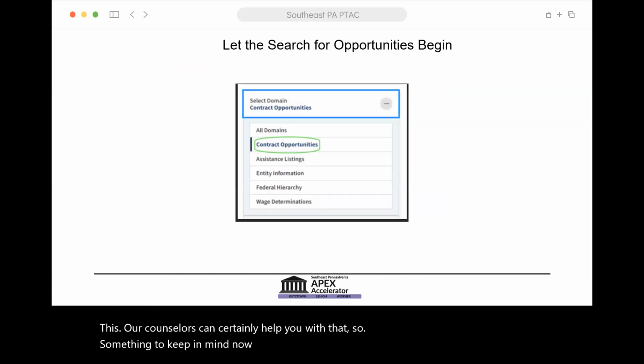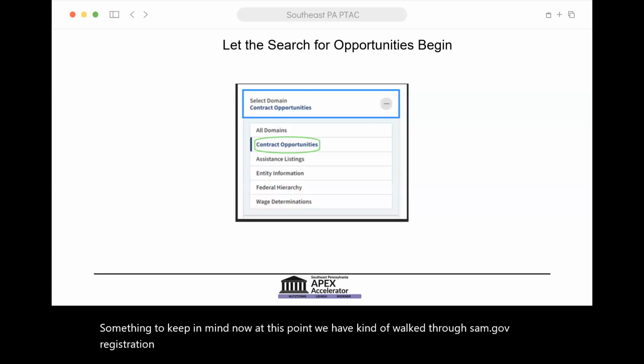Now, at this point, we have walked through SAM.gov registration. We talked a lot, but I definitely want to show you a live demo on how to look for contract opportunities, right? So I am going to do a new share, so bear with me as I want to show you how to enter SAM.gov and use it for purposes of